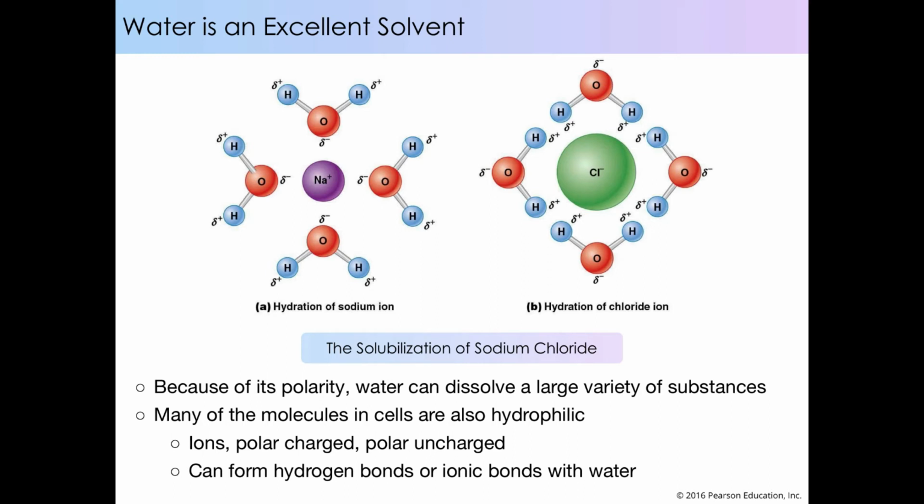Now, at this point, I'm going to discuss something that's going to contradict some of the things you may have learned in other courses. In chemistry, you were probably taught that ionic bonds are very strong, even more so than covalent bonds. And that's true if the bonds are in vacuum, in the absence of water. So this is not true in cells where water is abundant. In the presence of water, ionic bonds are weak.